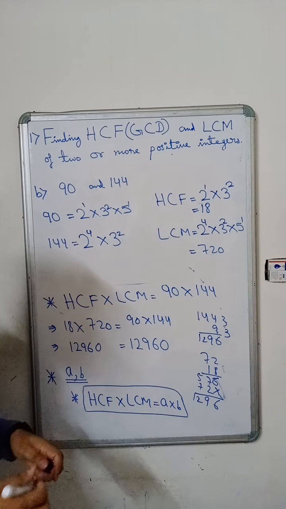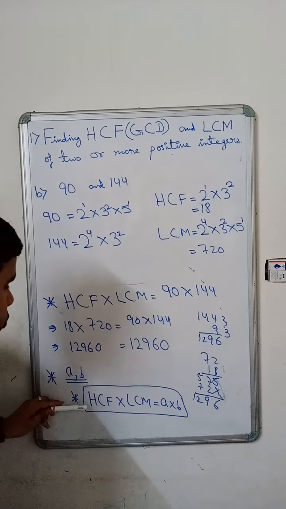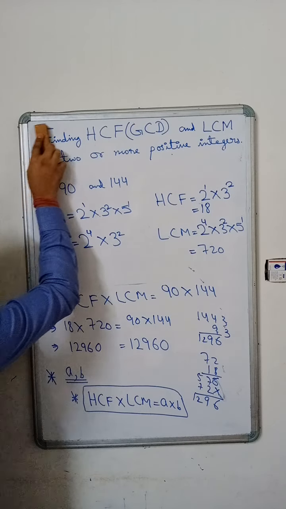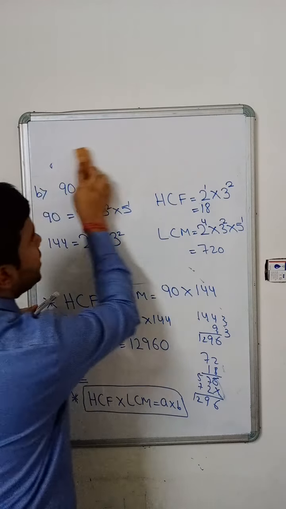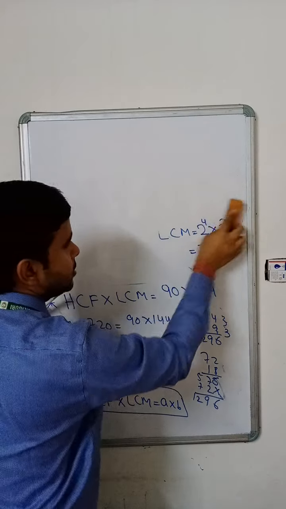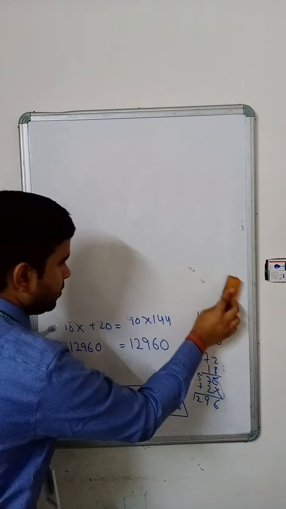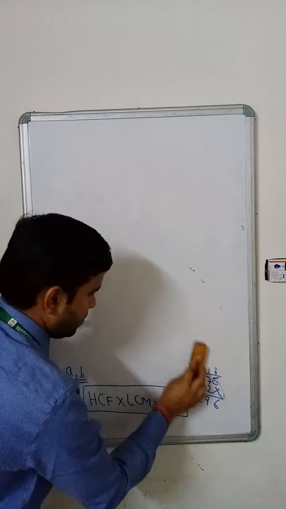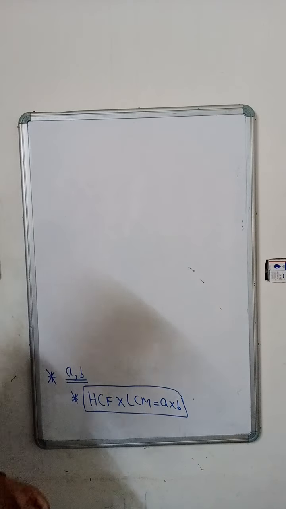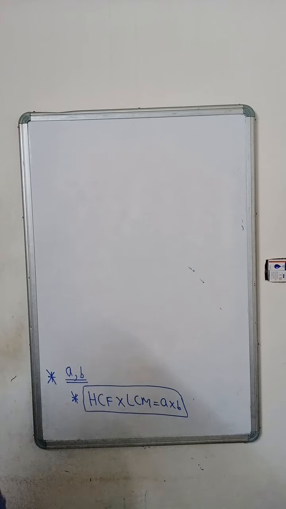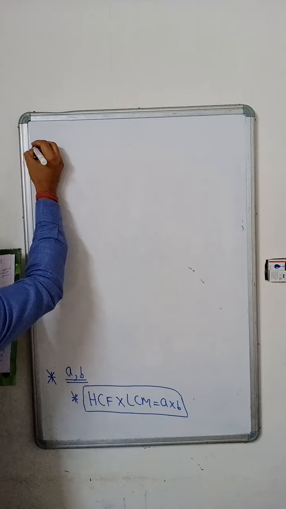So I'll be taking the second question where I'll be using that LCM into HCF of two numbers is equal to A into B. I'll be using this. Now let's take one sum. And the question is,